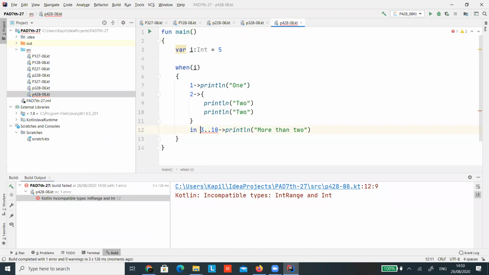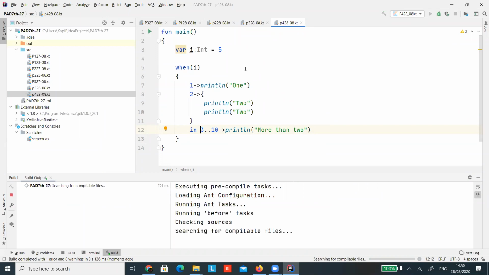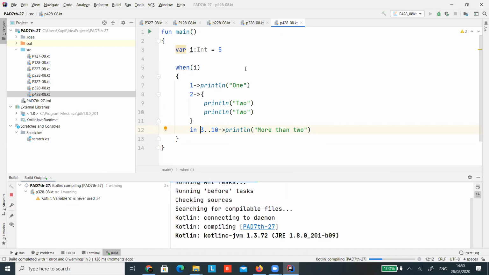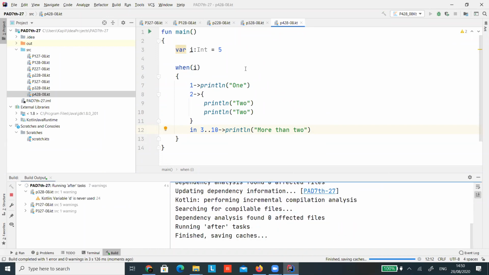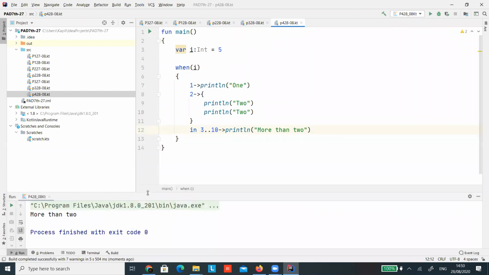Oh, I forgot the keyword. Yeah, got it. Forgot the keyword. See, more than 2, because the value is in a range. So even you can have this kind of range for that.